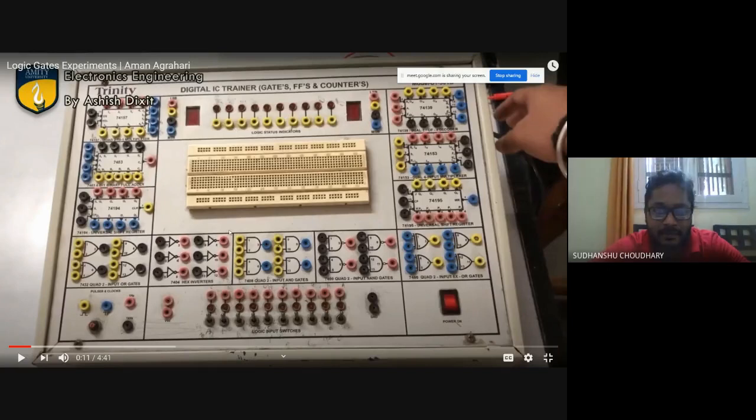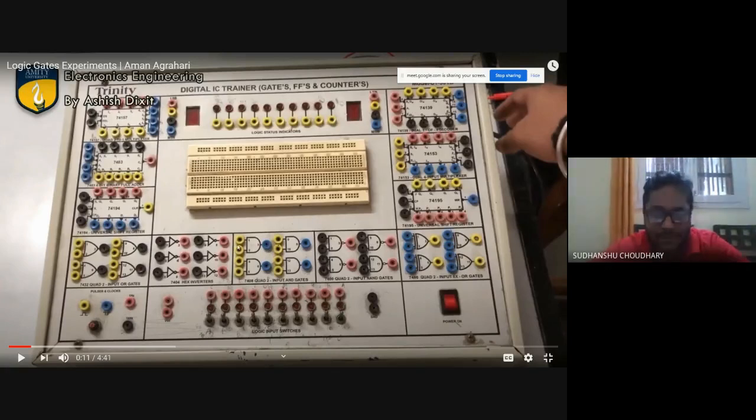Let us say A is this, so I'll connect A from here to pin number 1. Similarly, port B I'll connect to pin number 2, and from pin number 3 I'll take another wire and connect it to any of these LEDs. Let us say I connect to this LED output.